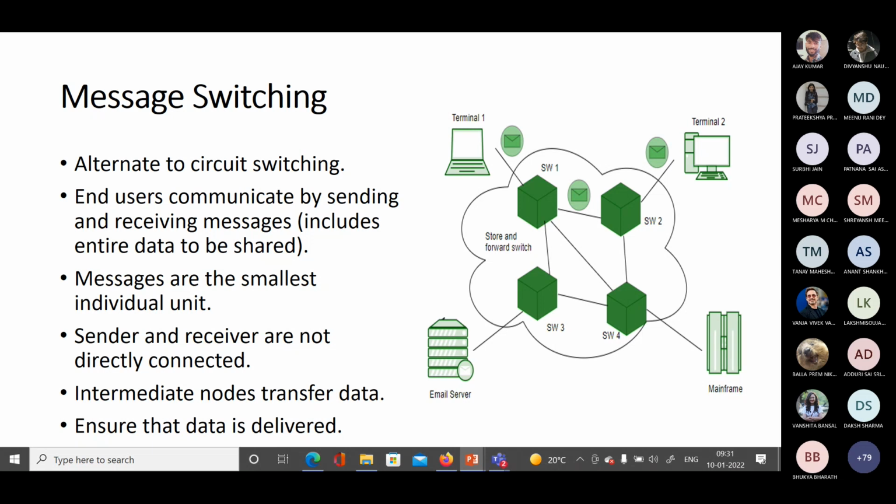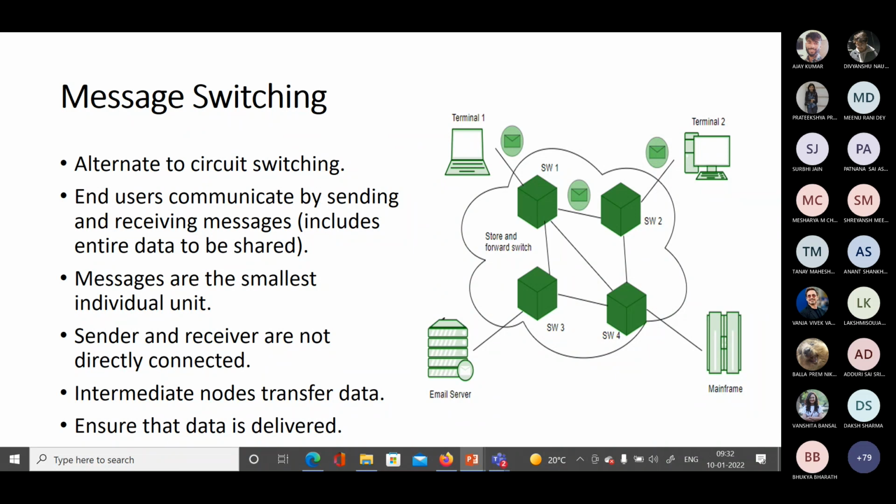What was being done there is that end users basically communicate by sending and receiving messages. That is, they are sending the entire data that needs to be shared. Now how are they sending? They are sending it using a data unit that is known as a message.